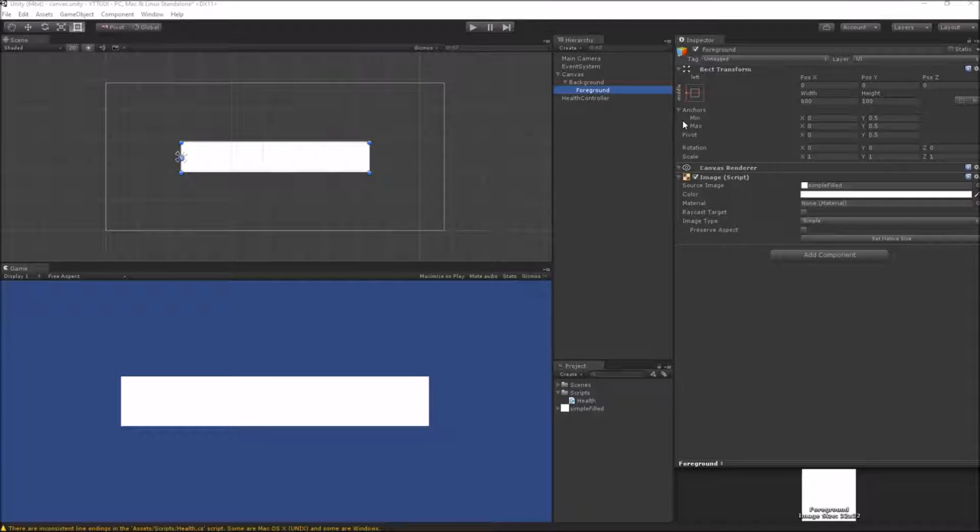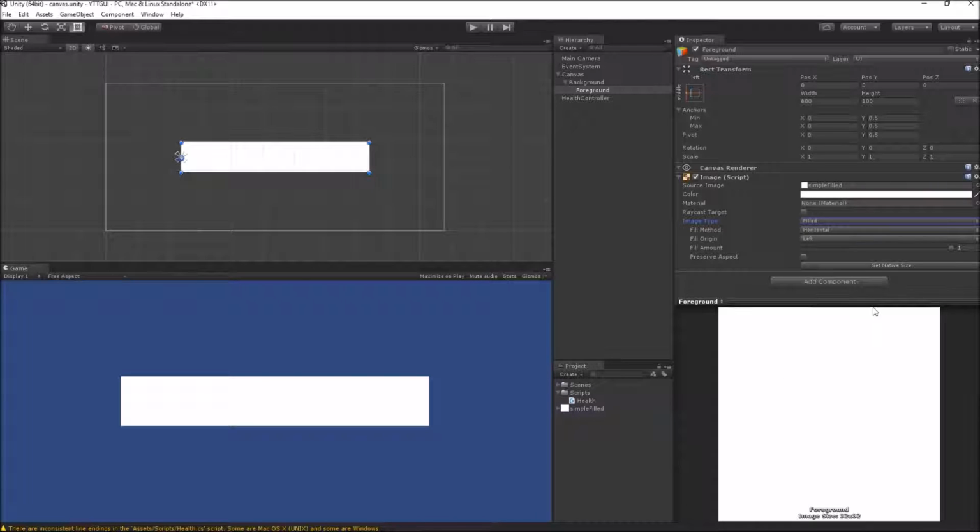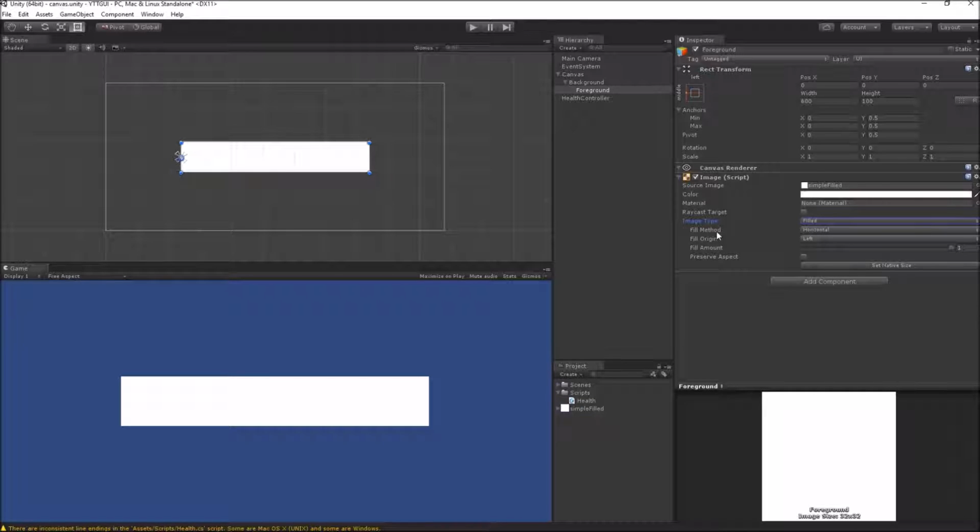The next method to achieve the same result of creating a health bar which responds to your health and also changes color, you can use the fill property and the fill image type. So the only change that we need in our foreground image UI component is to change the image type to filled, and I have also put a new sprite which is a simple 32 into 32 completely white sprite image, and then change the image type to filled, and the fill method should be horizontal because we want it to be filled horizontally from left to right.